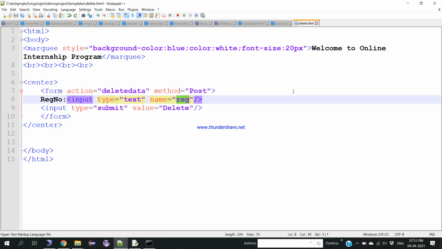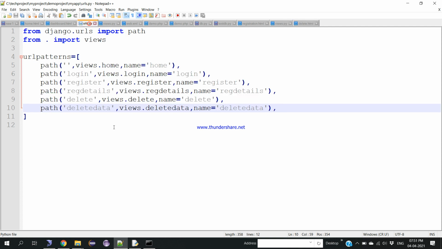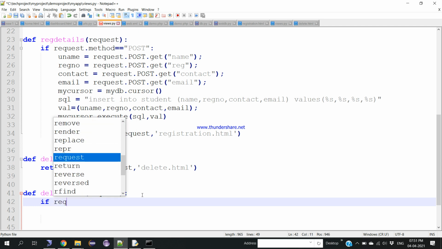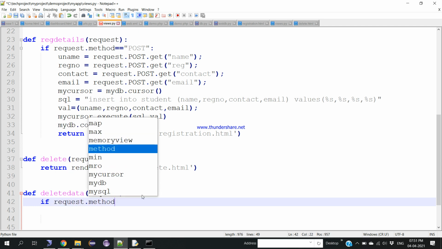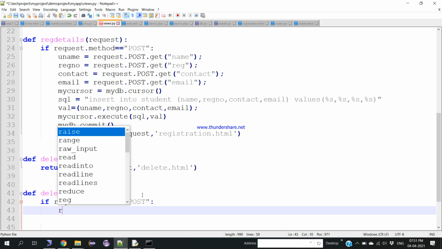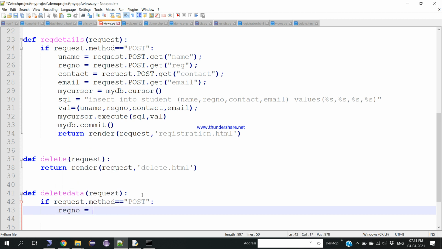Anyway we are posting a post request, so go to views. Here we have to take an if condition, request dot method equals post, then reg number is equal to request dot POST dot get of